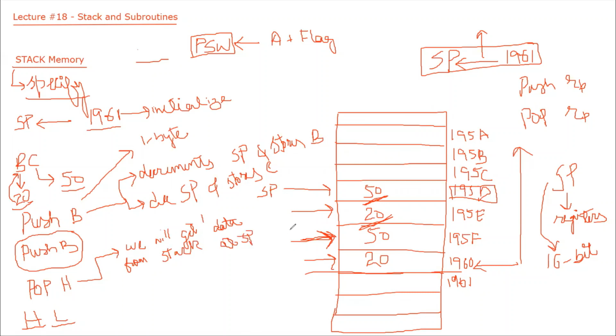So we will go into the memory and see where our stack pointer is. So stack pointer is this address. From this address, we will get this byte, and we will store this byte in the lower order register. Lower register means which register? H register, L register. Okay, so in L we will store 50. The second thing that is happening, we increment stack pointer.